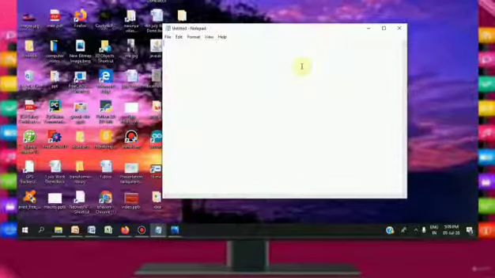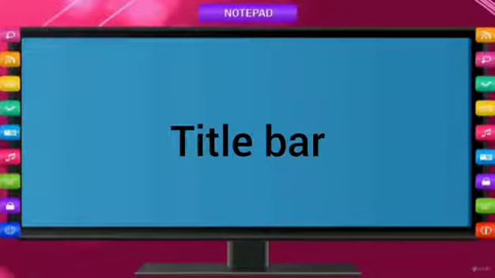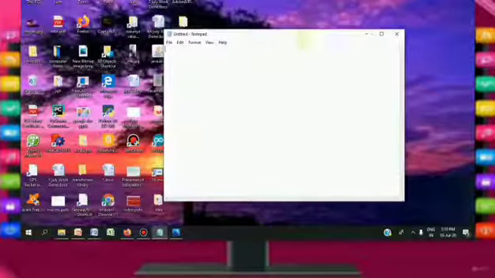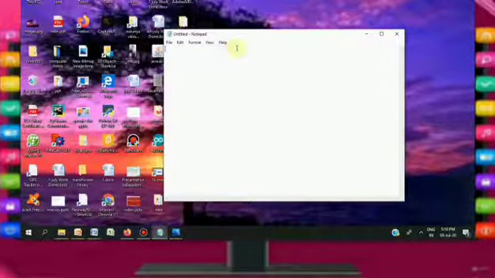You will see a small screen on your desktop when you open Notepad. In the Windows operating system, every application program runs in a separate window. This is one window. Each application window has a title bar and a menu bar.